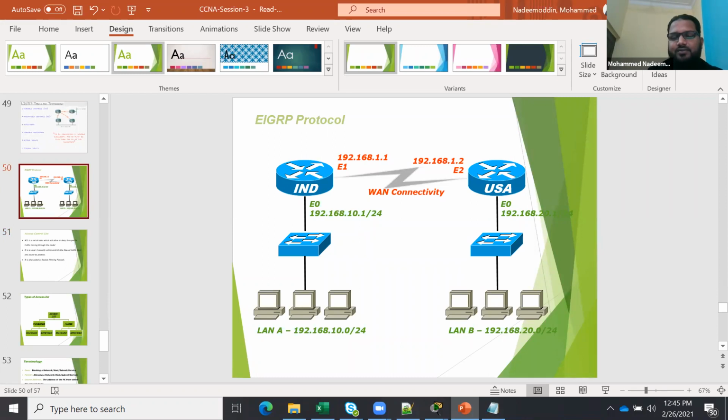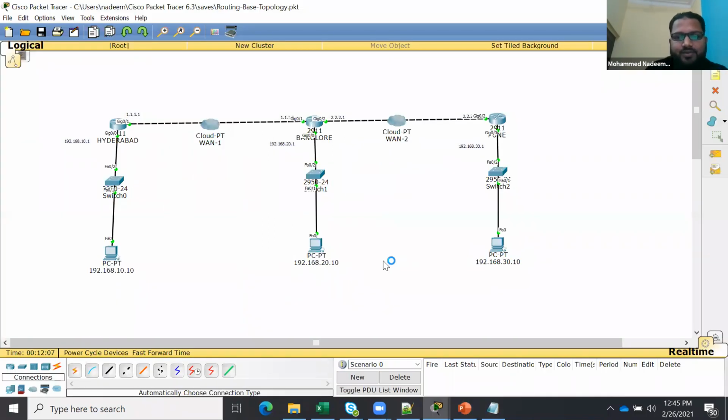We should stop now. If I summarize static, default, and dynamic, all three are used. Default route is used for the internet, static route is used for small organizations, and dynamic is used for dynamic routing.